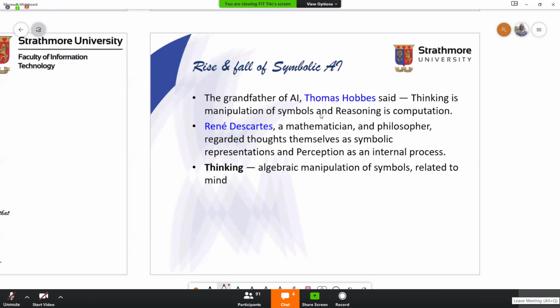What the guy says, thinking is manipulation of symbols. By the way, that is the real thing. Our brain thinks by manipulating symbols, okay? And reasoning is computation. Some guys were saying thinking is the manipulation of symbols, and that's how the human brain is working. So to be able to have smart machines, we must be able to represent symbols and manipulate symbols